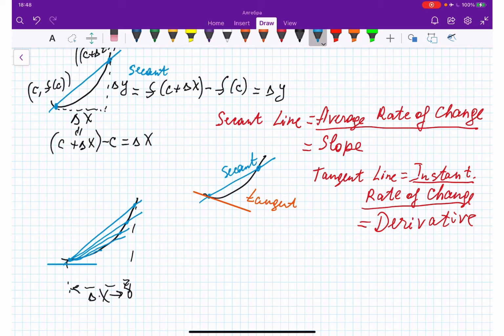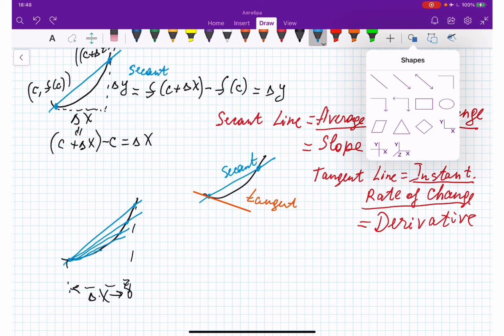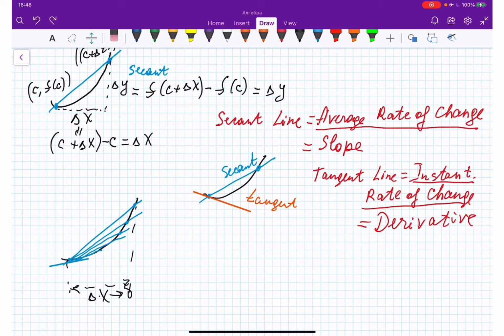tangent line. Okay, it will become the tangent line where the limit of delta x equals 0. When we take the limit of the secant line, it's a tangent line. That's where delta x becomes 0. At the point where delta x becomes 0, we are getting the tangent line. Okay, so